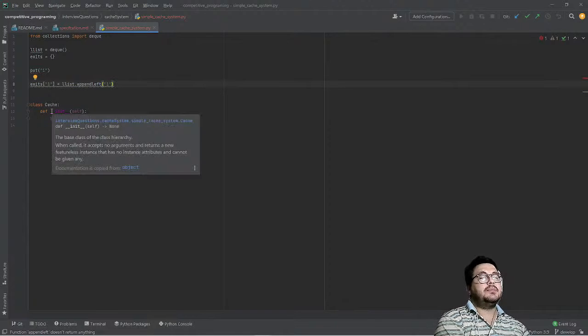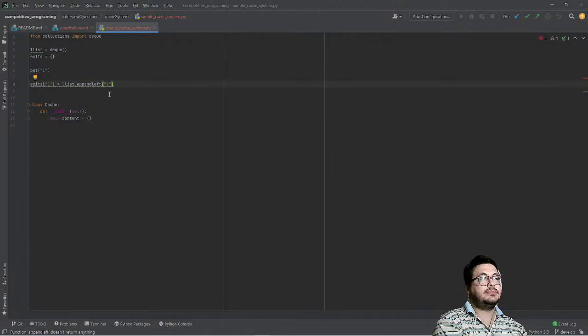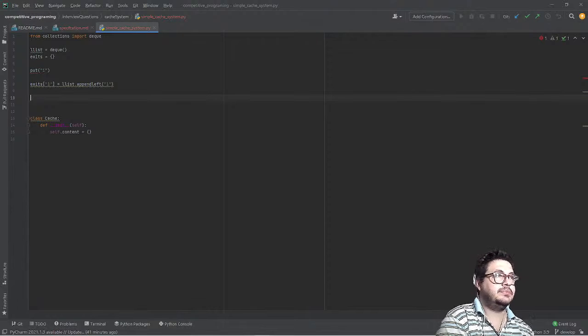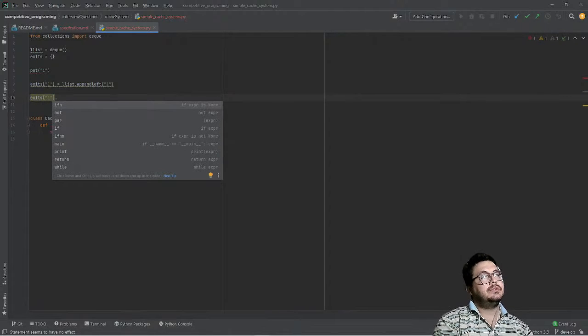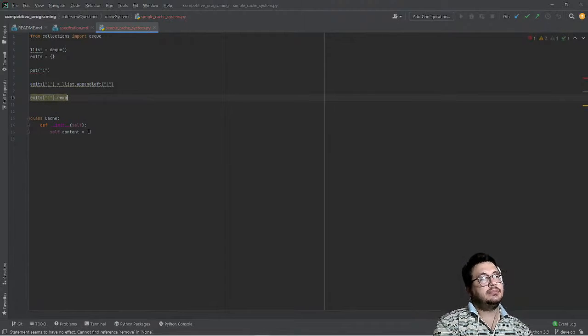So when I need to remove one, I can just do this, something like that.